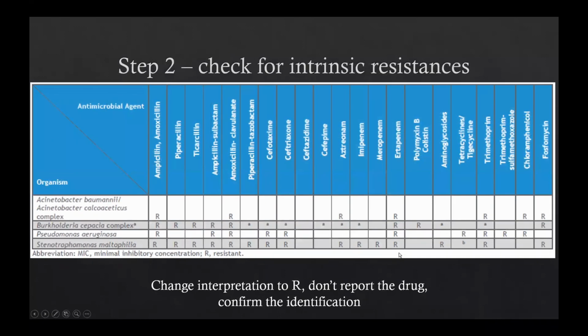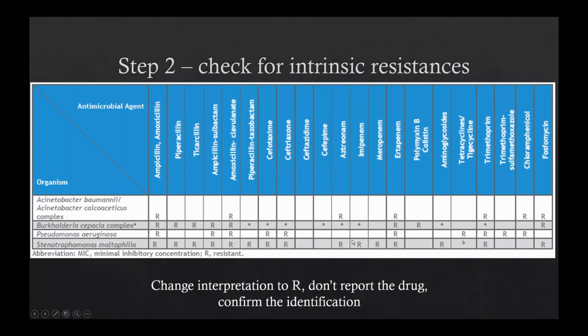The other thing to do is check for things that are supposed to be resistant. So here's another table from CLSI which shows you some intrinsic resistances. Intrinsic means all isolates are resistant to this, even if they test susceptible. So we need to look at things like this. My favorite is Stenotrophomonas, because look at all these intrinsic resistances for Stenotrophomonas. Every single one of those. We should never report